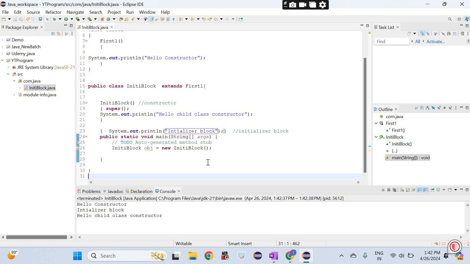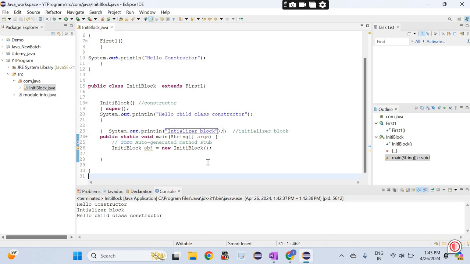I hope you understand the concept. A question can be asked in your interview: will the instance initializer block be invoked first or the constructor? The answer is the constructor is invoked first, but what the constructor does is, by default it will use a super and copy the instance initializer block inside the constructor. So that's why the instance initializer block value is printed first, then the constructor value. But internally, when you compile your code, the constructor is invoked first. This is the answer, and I have given the example, hope it is clear to you.